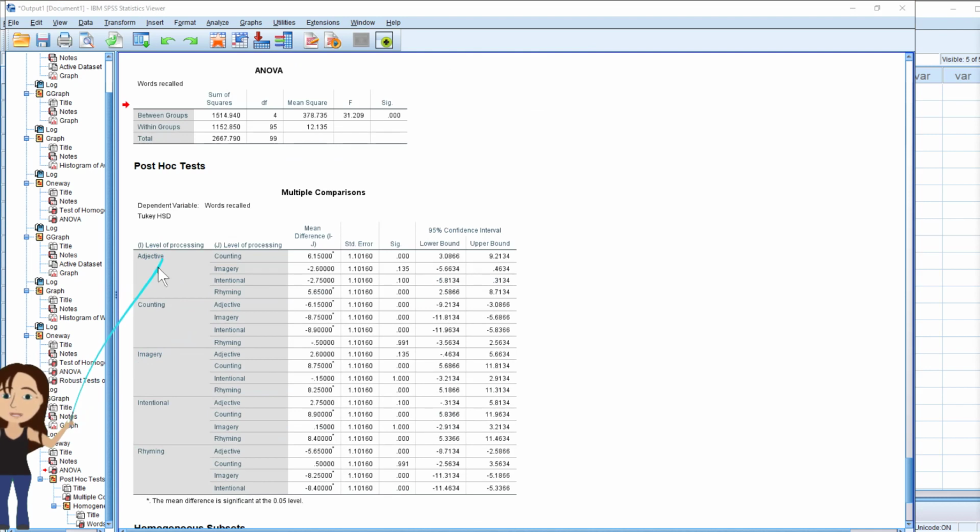So, let's have a look. The null hypothesis in every case is that they're the same, that there's no difference between them. So is adjective different from counting? Yes, we've got very strong evidence against that. Is adjective different from imagery? Nope. Is adjective different from intentional? Nope. Is adjective different from rhyming? Yep. And so you can see you go through every single pair, and by the time you get about halfway down, look, we've got